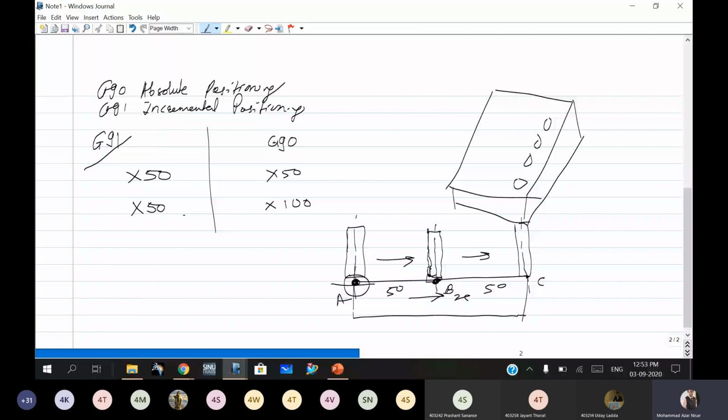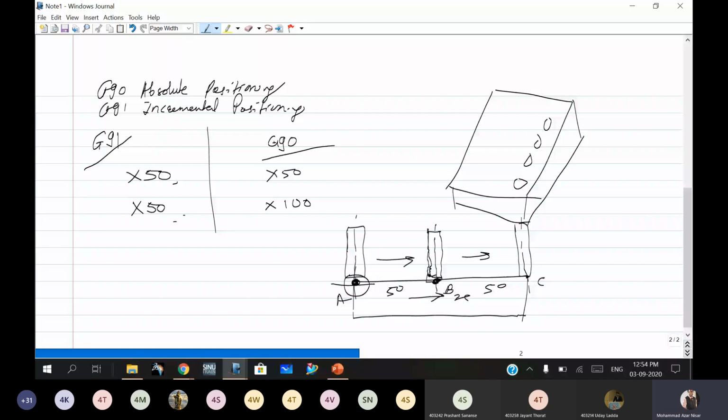Your dimensioning, or the blocking of the X, Y, and Z directions, will be done in this way. That is X50, then the last position will again become your 0, 0. If they have not specifically asked for absolute or incremental positioning in your question, then you can use any one of the positioning systems.